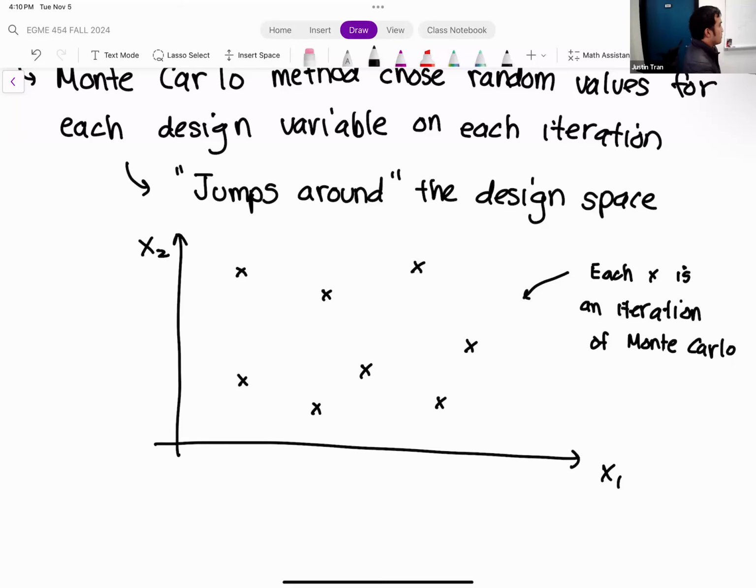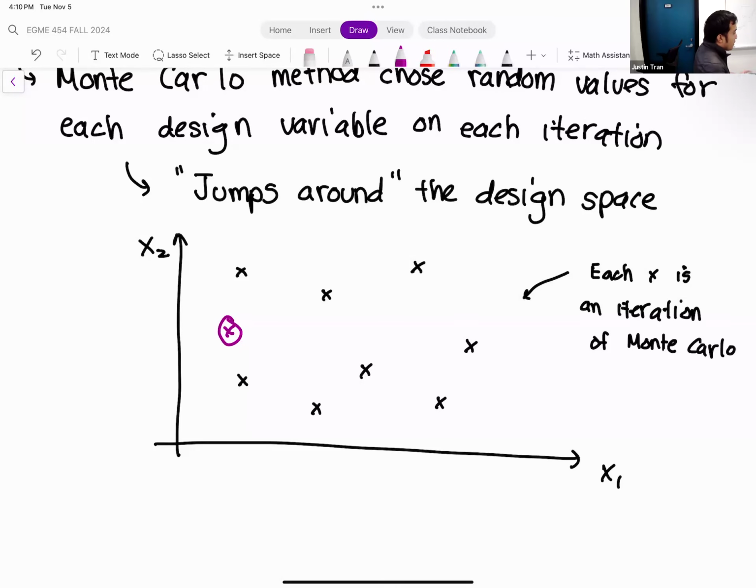Okay. And so what we said last time is that, even though this seems very haphazard, eventually you're going to converge on the solution just because, by the law of large numbers, you're going to get a guess that's very close to the optimum, right? So maybe you take a guess right here, and that just ends up being pretty close. And so you end up with an optimal solution from that.